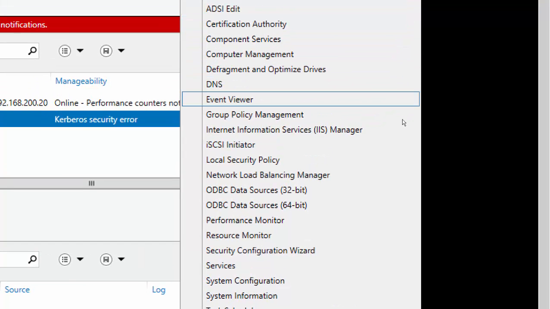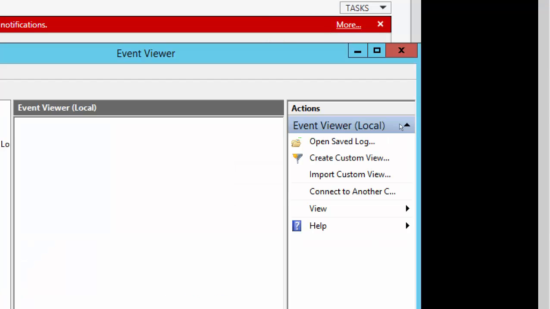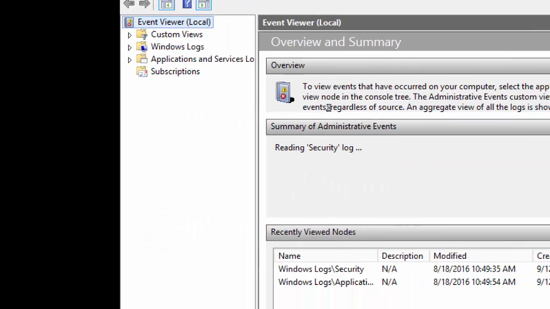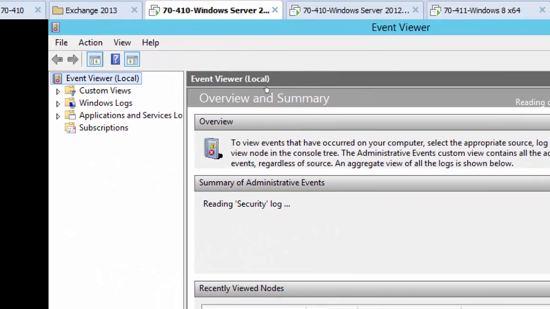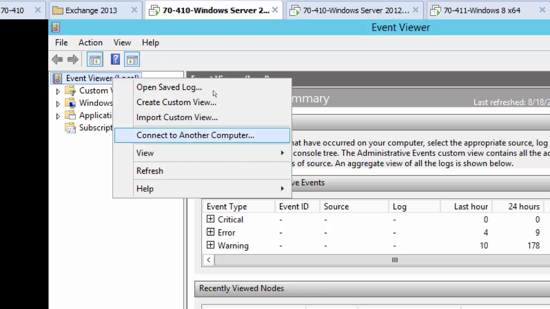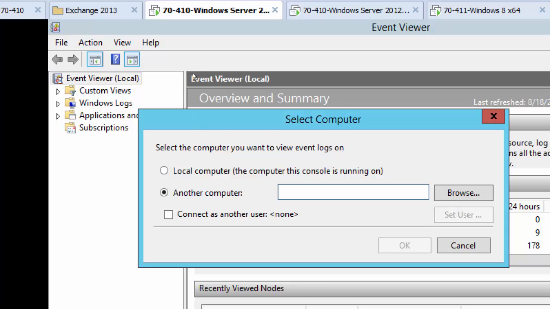For example, let's just click Event Viewer now. If we click Event Viewer independently, before we clicked it in Windows 8 and it was part of that MMC, now we are opening it independently, right? So it is the local Event Viewer, right? And when you right click here, it says connect to another computer. So we can remotely connect the Event Viewer or get the Event Viewer of another computer as well, right? But in MMC it's even better, because here if we connect, let's just click that, connect to another computer. If we go for server 02 now,